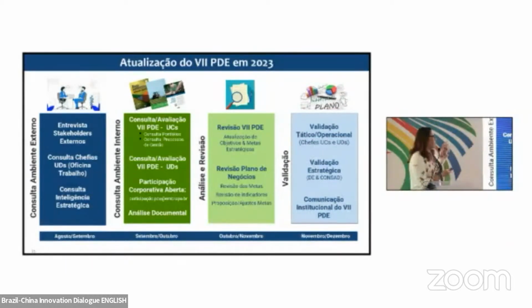And how does it happen? Well, for some years we had partnerships. So Unicamp University would be a partner, GEOP, CGE is also a partner. This is a consultancy with the external environment. So each unit and each research group will have their information gathered, and their main stakeholders will be heard as well, so that we can validate it.